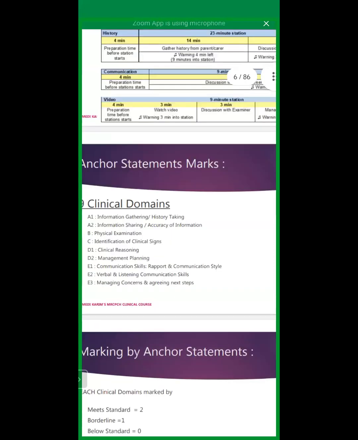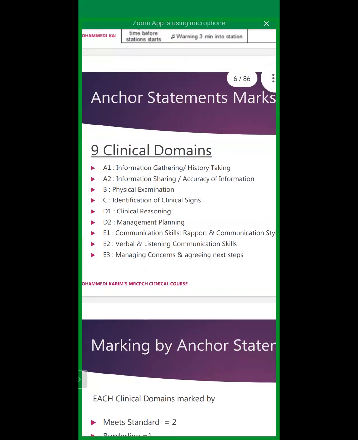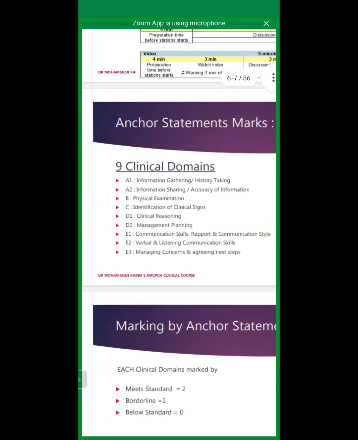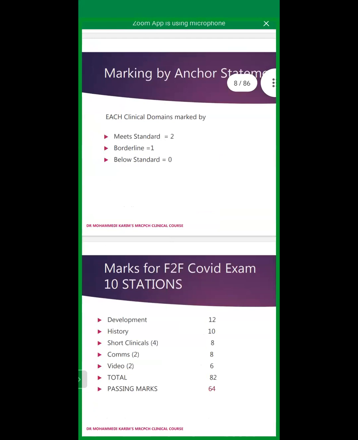Not everybody will have information gathering, history taking, obviously. And the information sharing is also not in every case. Like a video, it won't be there. So it depends on the clinical domains how much marks are allotted. That's why currently the passing mark has been reduced to 60. Before it was 62, now it's 60. So that's good news. And number 2 thing is that